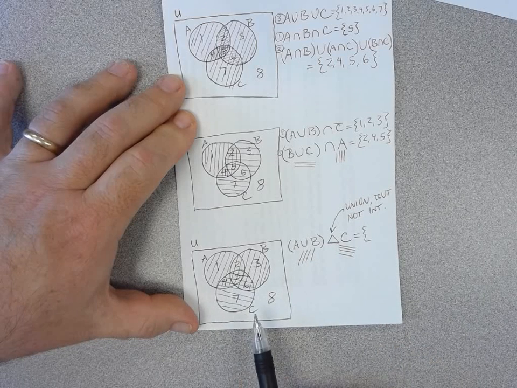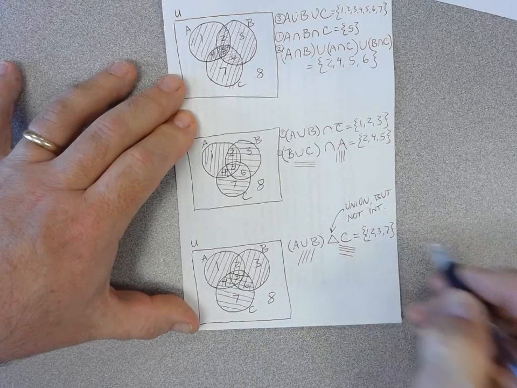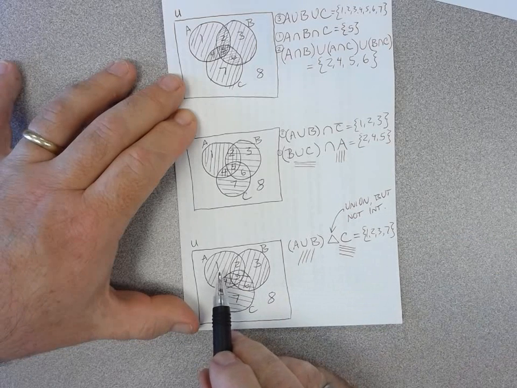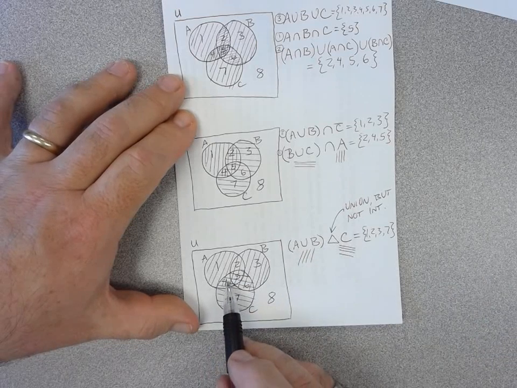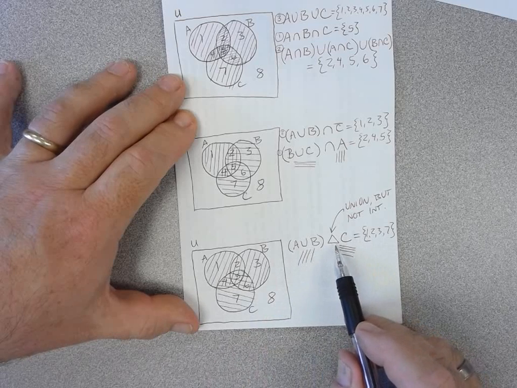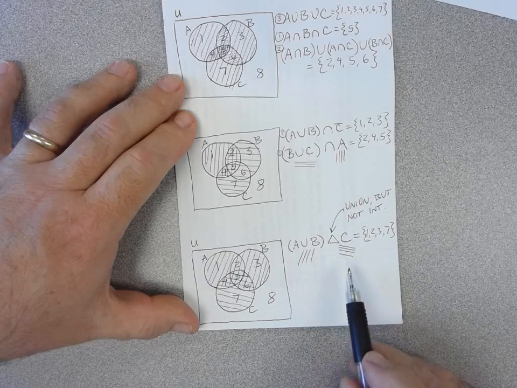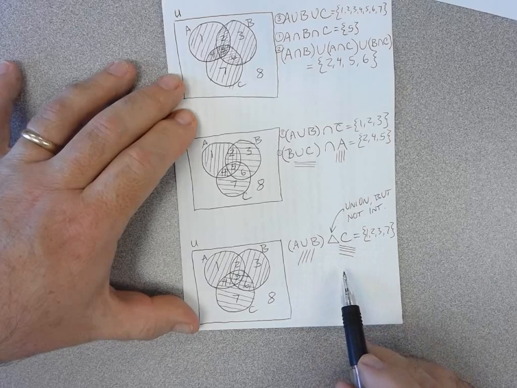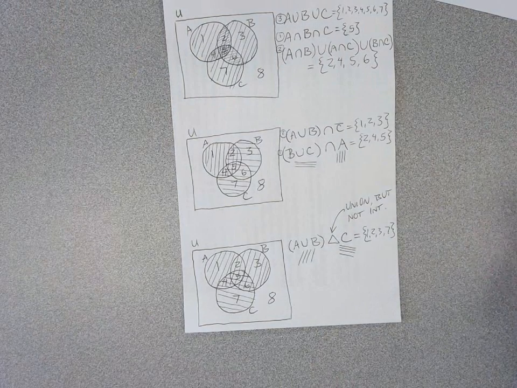So 1, 2, 3, and 7 are just those elements that are only in a region that's shaded just once. 1, 2, 3, because that's a part of A union B. 7, that's a part of C. 4, 5, and 6, that's a part of both. Leave that out. The symmetric difference doesn't want the intersection, it just wants what's in one or the other, but not both. Okay? All right, hopefully that sets the stage so that you'll be able to do some of the practice problems, some of the homework problems that have been assigned out of